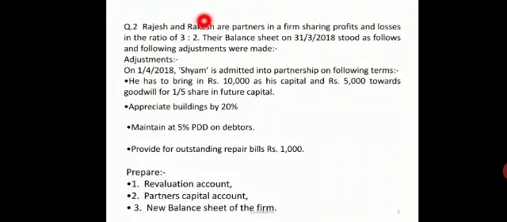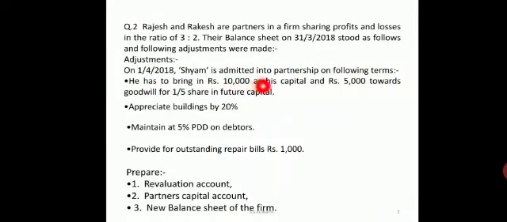Rajesh and Rakesh are partners in a firm, sharing profits and losses in the ratio of 3:2. Their balance sheet on 31/3/18 stood as follows with the following adjustments. So adjustments are on 1/4/18 Sham is admitted into partnership on following terms. He has to bring rupees 10,000 as his capital, rupees 5,000 towards his share of goodwill to get 1/5 share